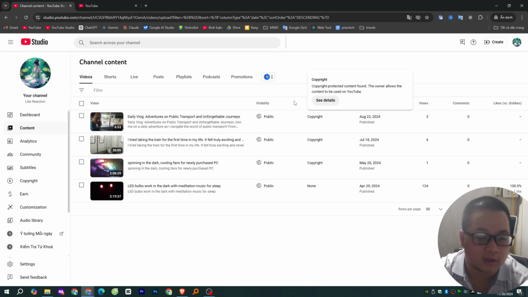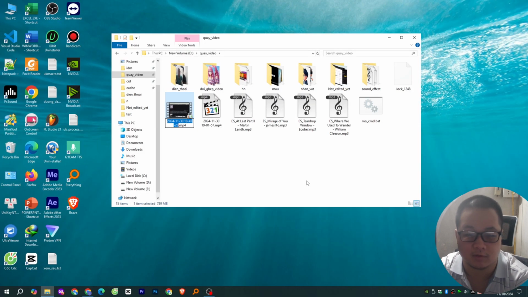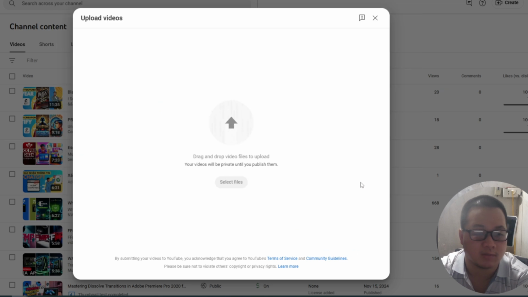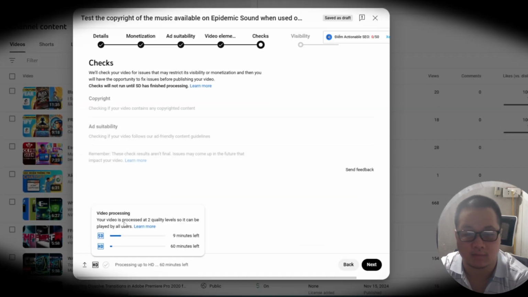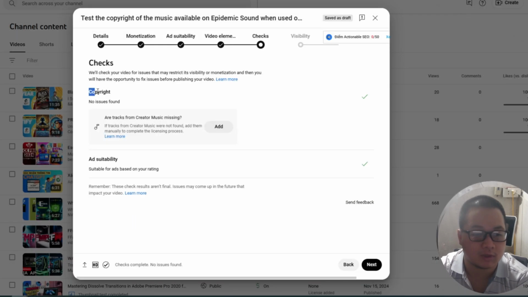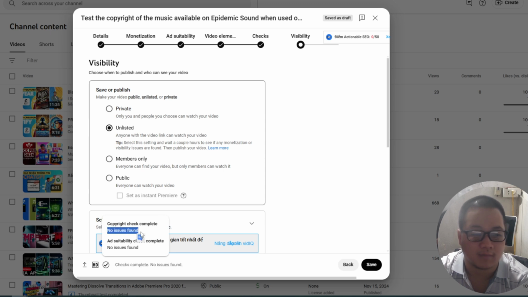Picture this. It's late at night, and you're in the zone, editing your latest video masterpiece. You've got your coffee beside you, a head full of ideas, and then it hits you. You need the perfect track. You scroll through what feels like a million options, and suddenly, you find it. The music that makes your footage pop. The soundtrack that turns your transitions from meh to wow. You've just found the holy grail of soundtracks on Epidemic Sound.